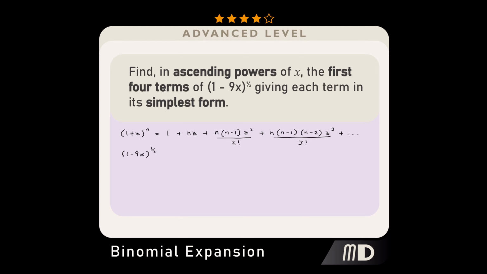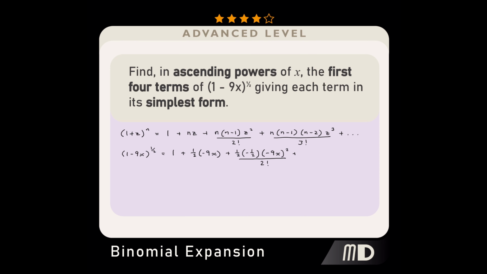So if n is equal to 1/2 and z is minus 9x, we get 1 plus 1/2 of minus 9x plus 1/2 multiplied by minus 1/2 multiplied by minus 9x squared divided by 2 factorial